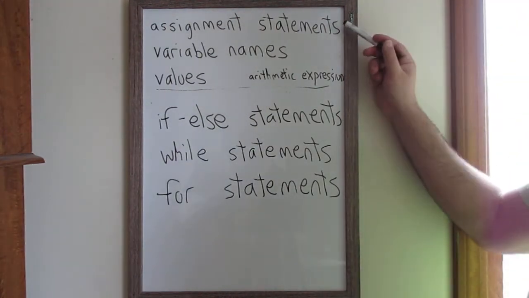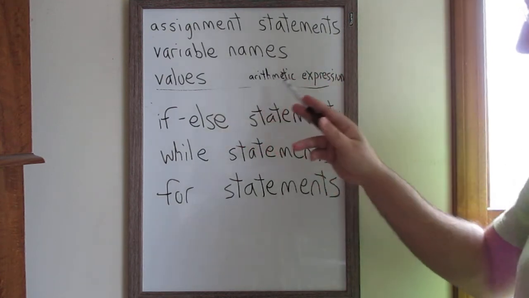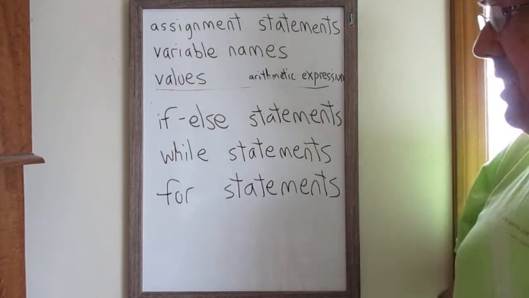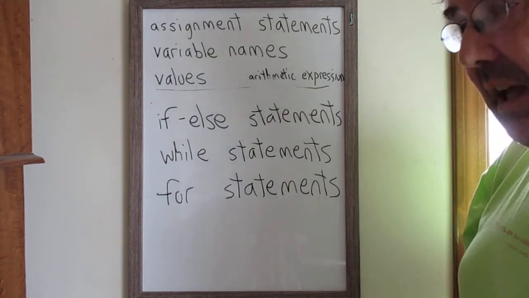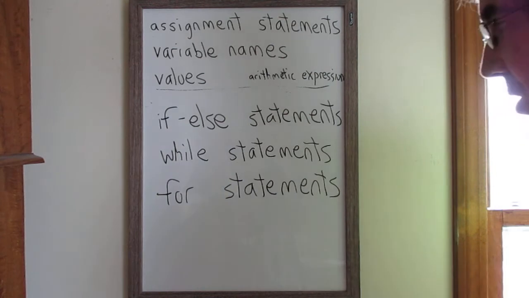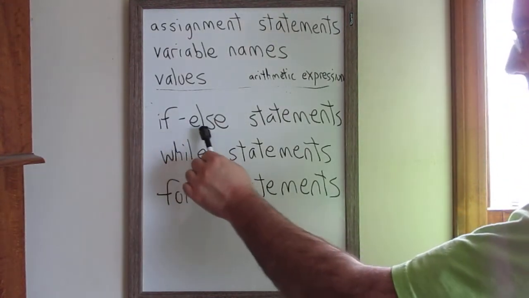First, you learn about assignment statements, variable names, values, and arithmetic expressions. And then you use that inside bigger sections of computer code that are typically maintained and managed by using if-else statements,